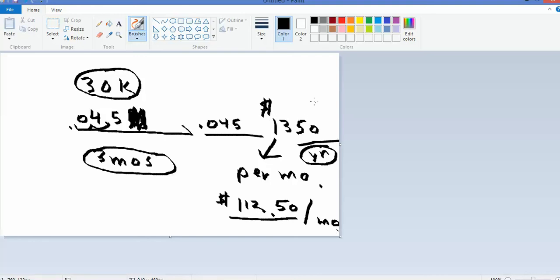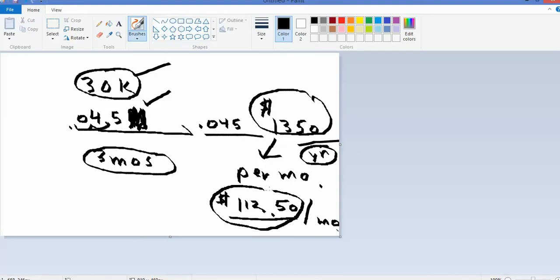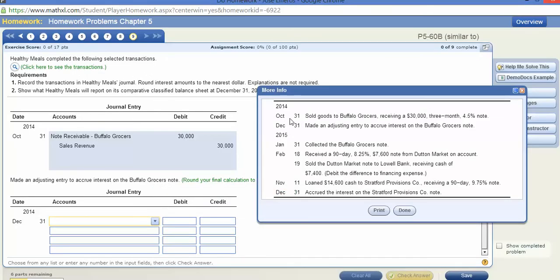Okay? So this is for 12 months, right? We took the principal, we multiplied it by 0.045, which is the same as 4.5%, and we came up with the interest for the year. After we took the interest for the year, we divided by 12 months, and we came up with $112.50 per month. And then we need to accrue for 2 months. We need to accrue for 2 months because we go October 31st to November 30th, that's 1 month. November 30th to December 31st is 2 months. So we come in here, we make our entry for 225